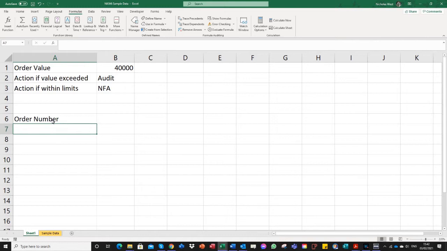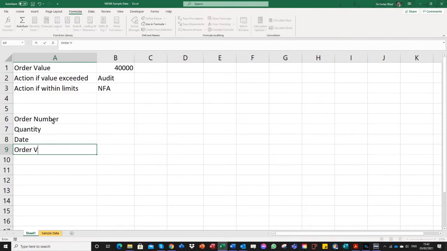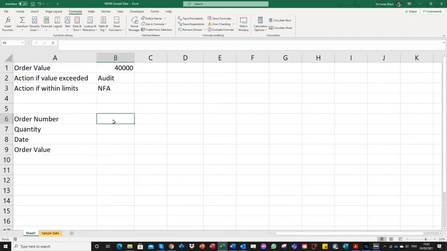What I'm actually going to do is build effectively a small form that you can use to self-populate, but this will become clear. In cells A7 to A9, I'm just going to type in some criteria. So I'm going to type quantity and date and order value. And then in cell B6, I'm just going to type in a reference. So I'm going to type in Lee